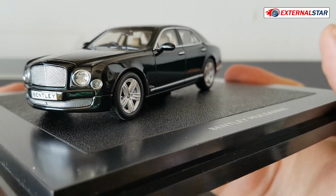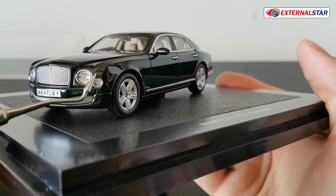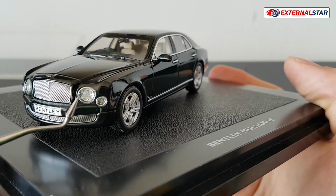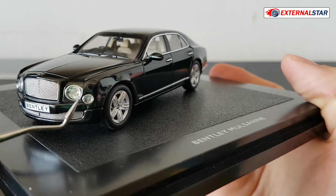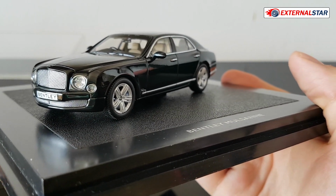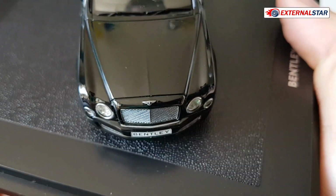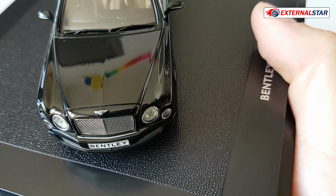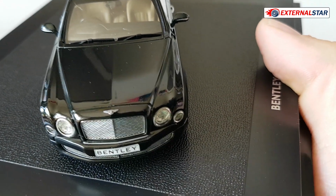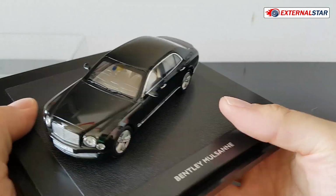But back to the lights, I only think that this side light here, the framing is maybe too large, too big. I mean, here it's still okay because it's a big headlight, but for the smaller one, it could be maybe a little bit smaller. Then the logo, and here actually you can see that it's quite visible. It's a Bentley logo with the wings. Very nicely done,